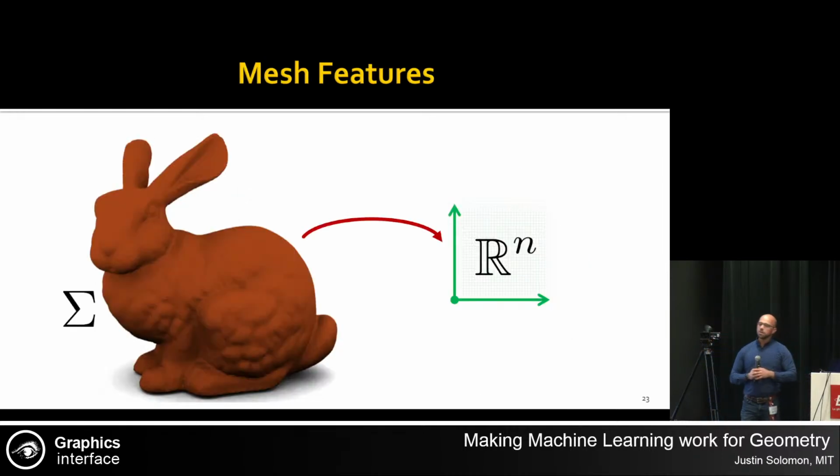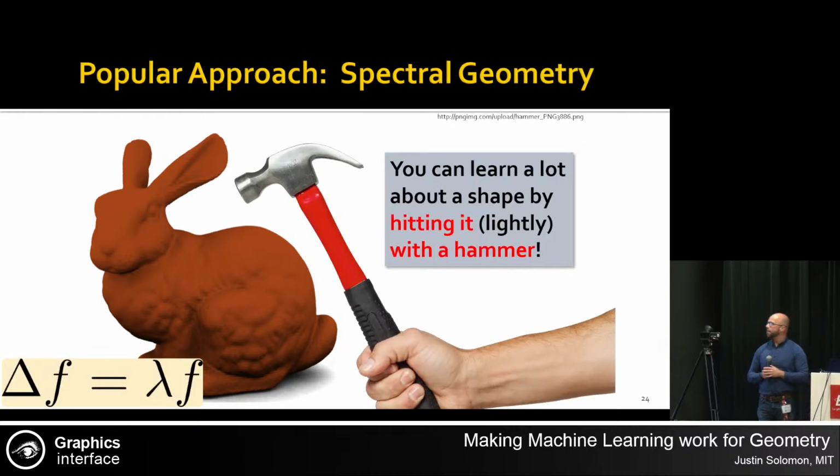So one of the typical things that we do in the geometry processing world is learn features on a triangulated surface. For instance, maybe we take every point on the Stanford bunny here on the left and put it into some space R^n where similar points correspond to similar parts of the object, and so on. This is the basic object that we work with when we're doing tasks like shape retrieval or segmentation, what have you. And one of the most popular ways to featurize a triangle mesh is to use some machinery from the world of spectral geometry. Now, if you all aren't familiar with this universe, let me give you a very short summary.